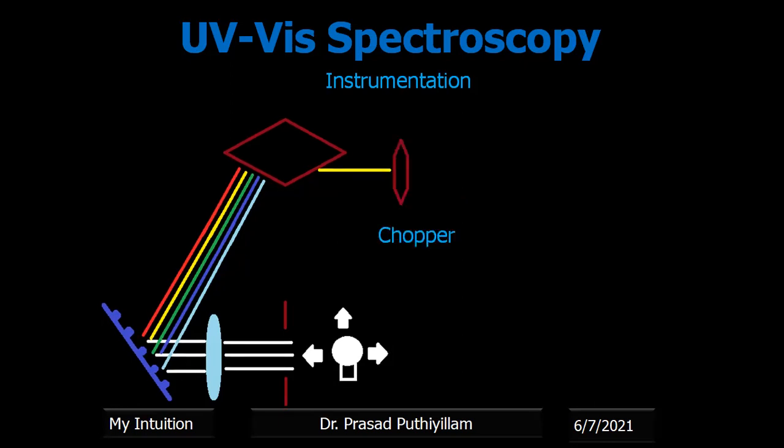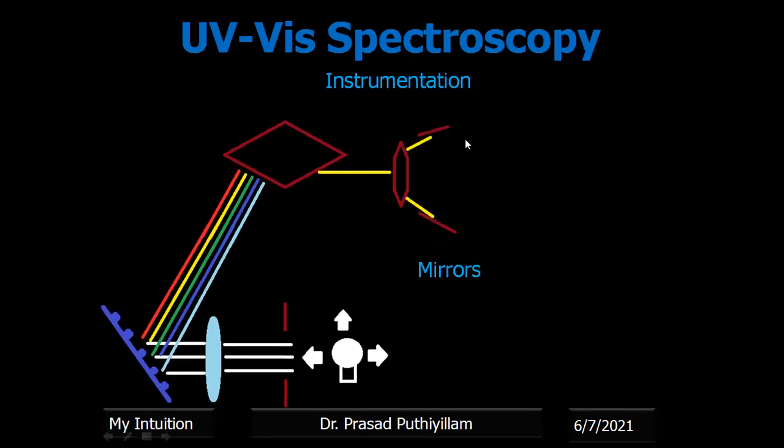Okay. So this monochromatic light is then passed through a chopper, which splits the incident monochromatic light into 2 different sets of rays, because we need to identify the intensity of this light, as well as pass it through a sample. Therefore, it is made to chop. Chop means cut into pieces. Therefore, it is chopped.